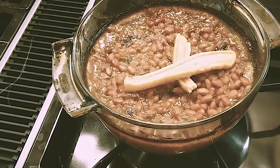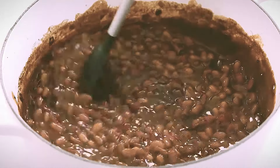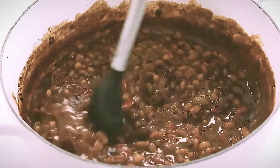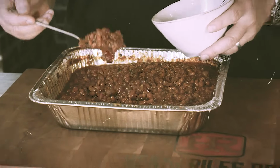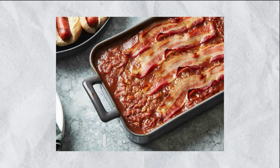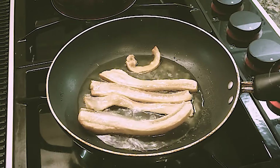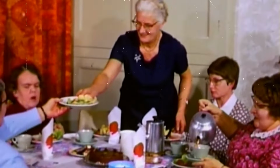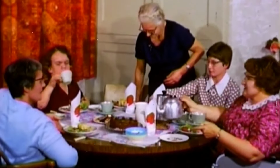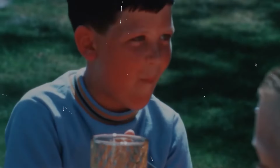It was the kind of dish that could simmer on the stove or bake in the oven while other parts of the meal were prepared, filling the house with a sweet, savory aroma that made everyone eager to sit down at the table. Beyond taste, baked beans were a testament to frugality and resourcefulness. They stretched small amounts of meat and pantry staples into a meal that could feed multiple people without breaking the grocery budget. For children, the sticky sweetness was irresistible,